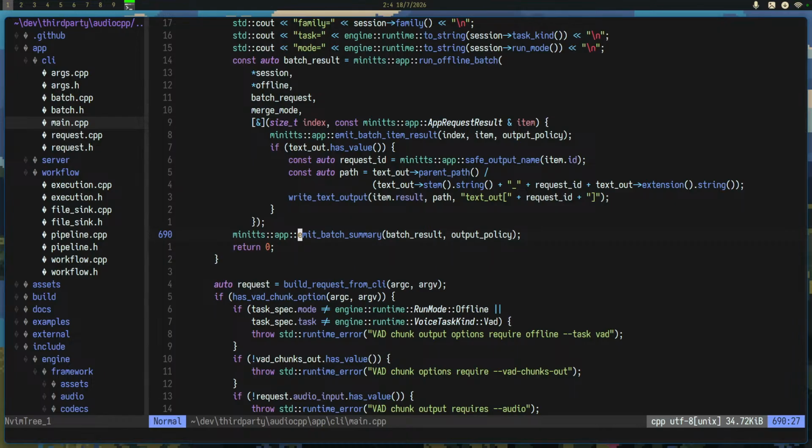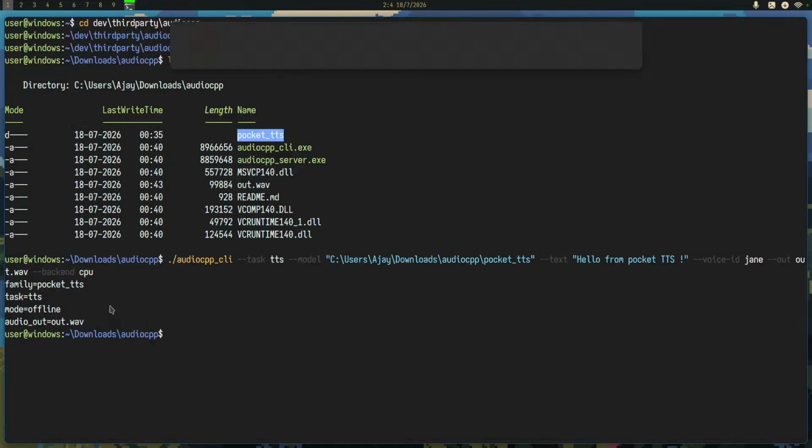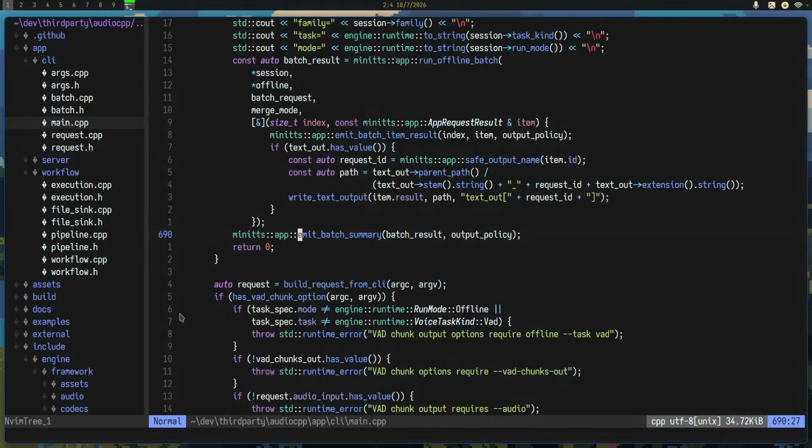We're navigating the code base on NeoVim, which is kind of clunky because I really don't have an LSP for C++. So I'm not quite sure where the audio file is actually being written.